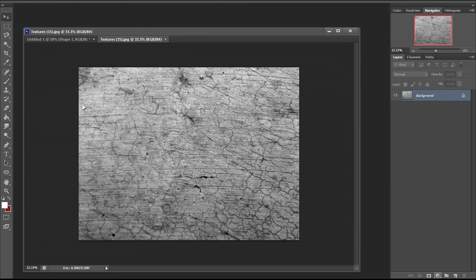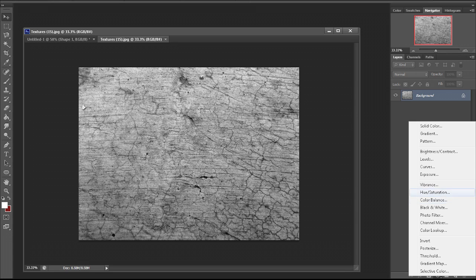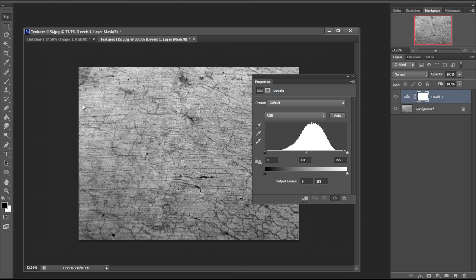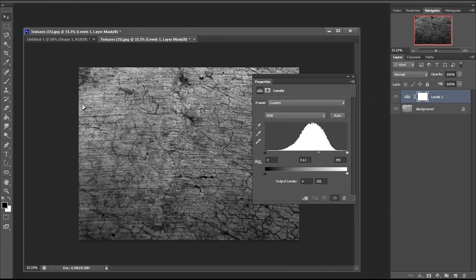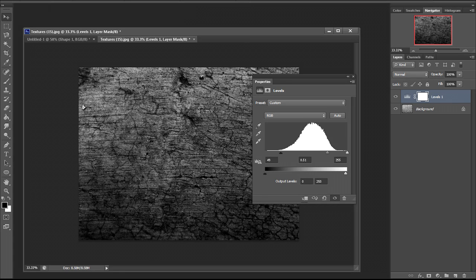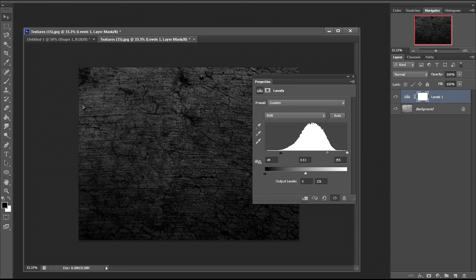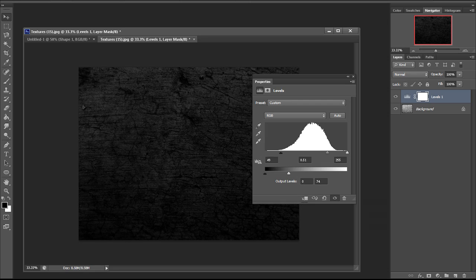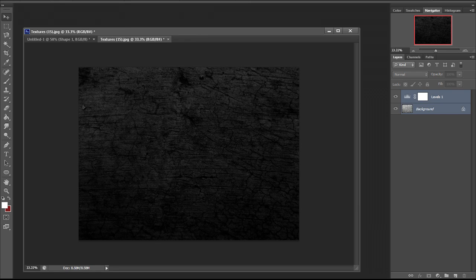Oh, this looks pretty cool. I'm going to see if I could darken this a bit, though. Go into our levels here, kind of switch it up. Let's see. Take away some of the darkness, some of the lightness. Okay, that looks cool. So we're going to combine that, and then drag it on over